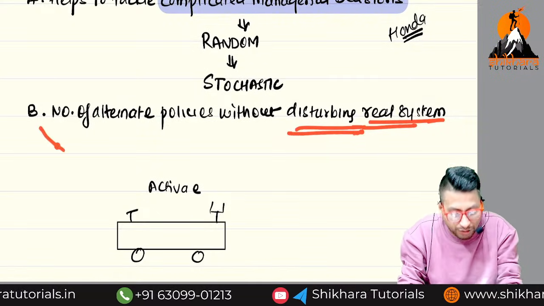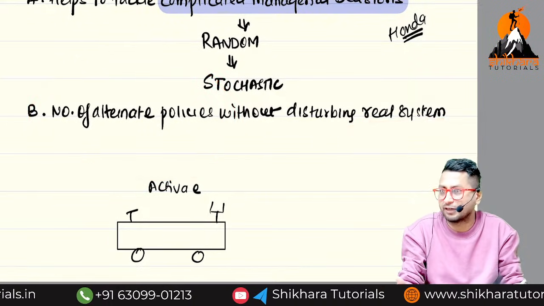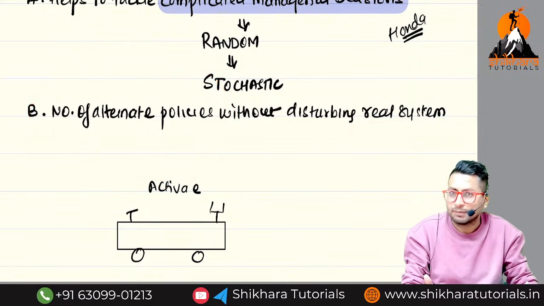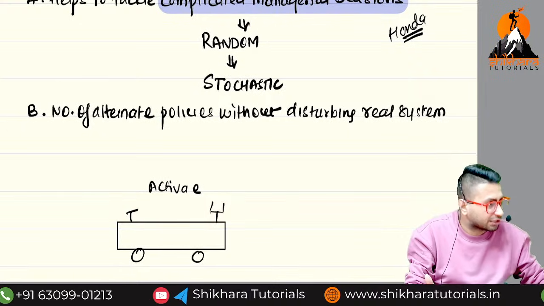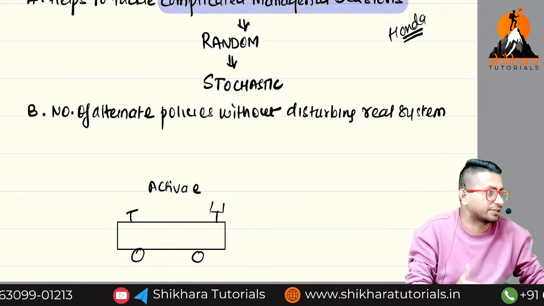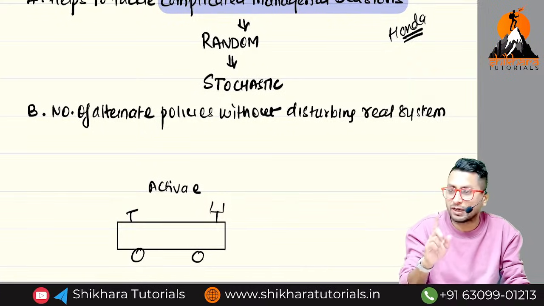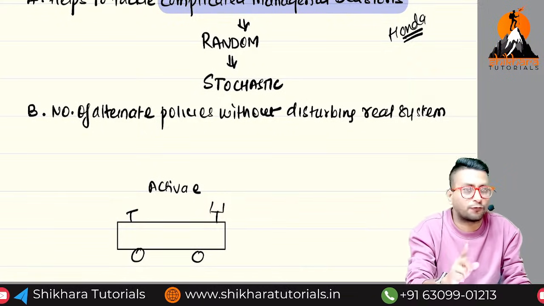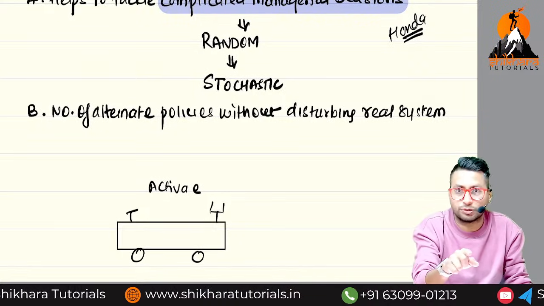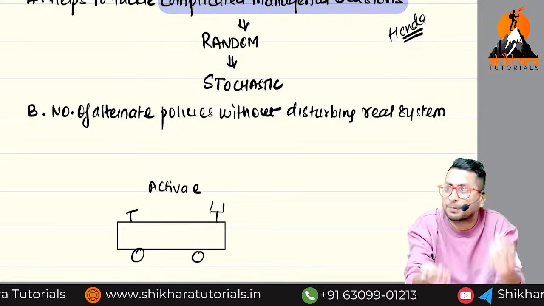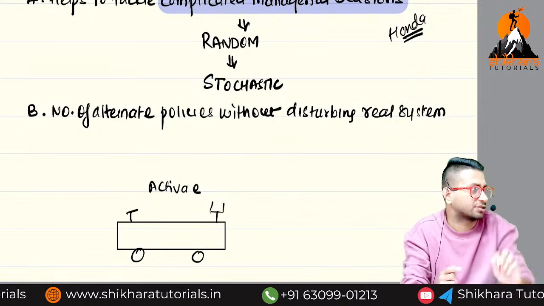Wrong. You should first prepare multiple policies. If plan A fails, plan B. If plan B fails, plan C. If plan C fails, plan D. Like that, you need to have multiple plans, and you enter all those plans into the system. One thing you remember: simulation software will not tell me what to do. It will only tell me what I am planning to do, will I get success or not?